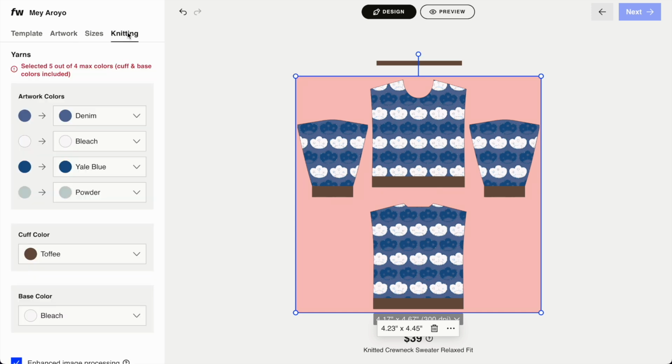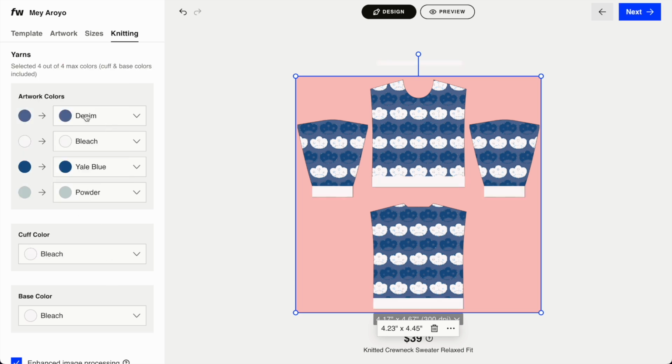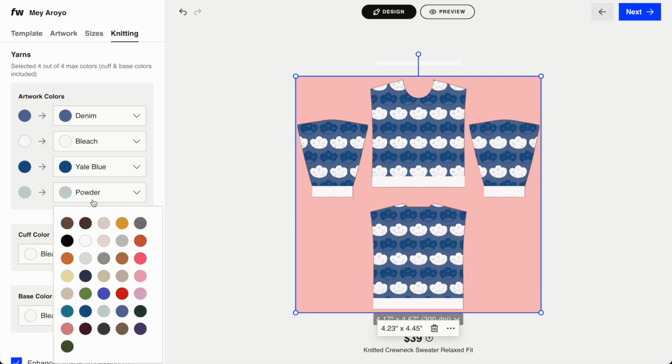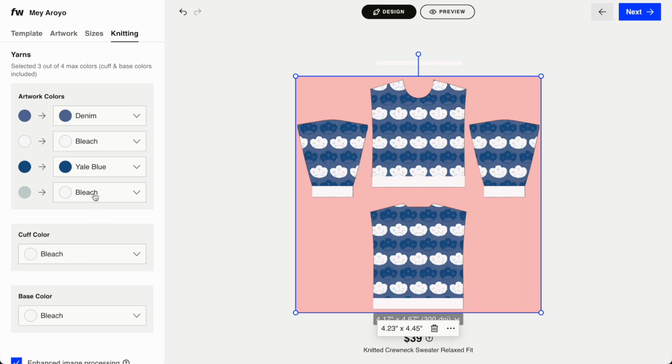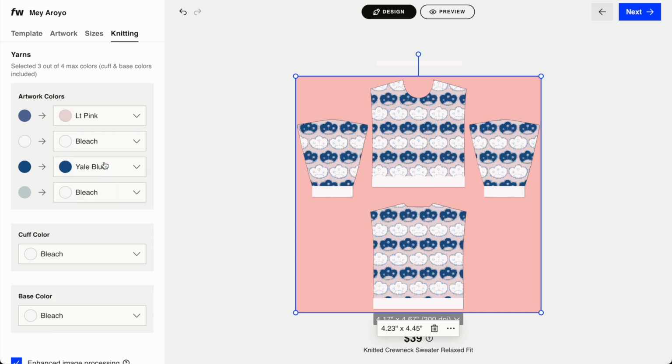And then we're heading back to the knitting. In this case, let's check the cuff colors to be white because they're in here, just so I'll stop getting that warning. We have denim, yellow, blue, and powder. Maybe we can change the powder to bleach. No, change the powder to the same color as the background. The background is denim. Let's change it to